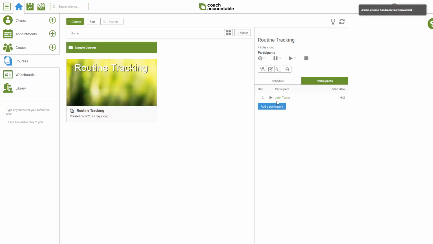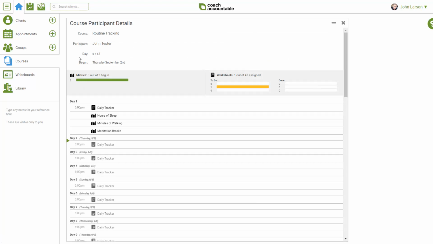We fast forward, John Tester is now on day 2, and we can see that certain things from day 1 have gone out by clicking on this magnifying glass. We see the details of the course participation. 3 out of 3 metrics have begun, and 1 out of those 42 worksheets is assigned, one that is due today. Now, for a little even more fun, let's flip over to the client side of the experience